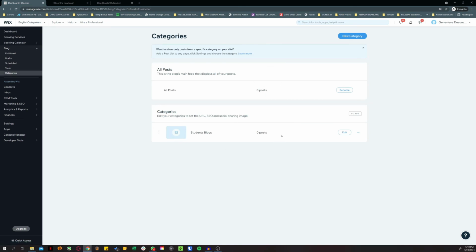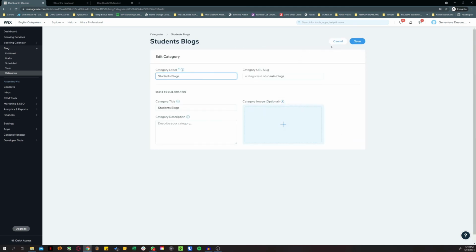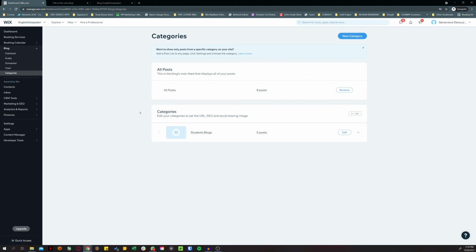You can edit the categories as and when you want. Right now we called it students blogs. Since we removed that blog, unpublished the blog that we created, there are no posts here. You can change the name of this category at any time. And that's it. That's the entire feature list of the blog section.